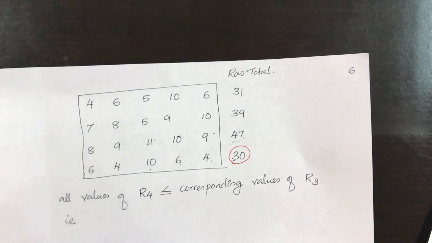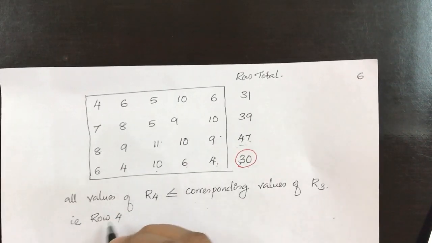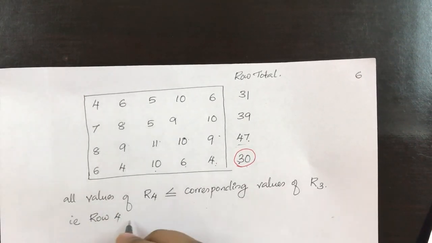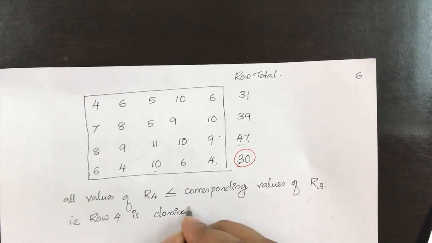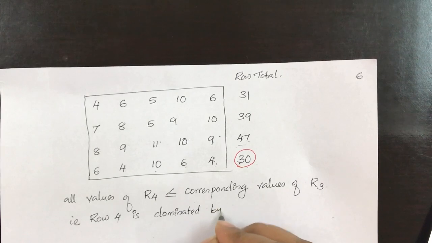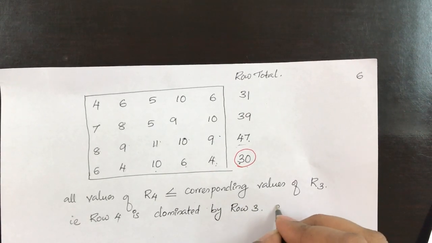That is, which row dominates over the other? R4, row 4 is dominated by row 3 and